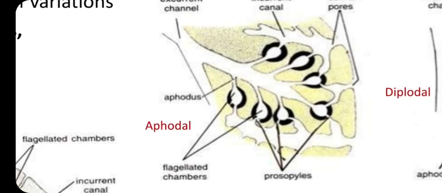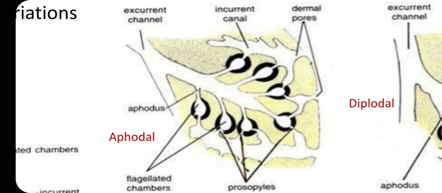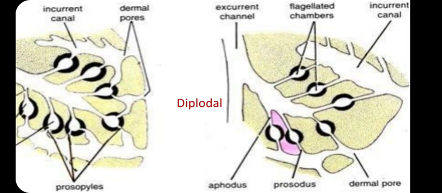here the apopyle is no longer a broad opening. Instead, it has become canal-like. It has become a narrow canal. Now this narrow canal is called aphodus. It is called the aphodus type of canal, instead of apopyle. And when you go to the next one, the diplodal type, diplo refers to two, both